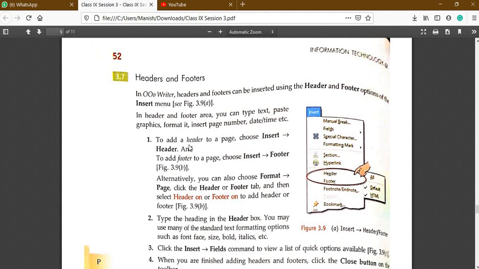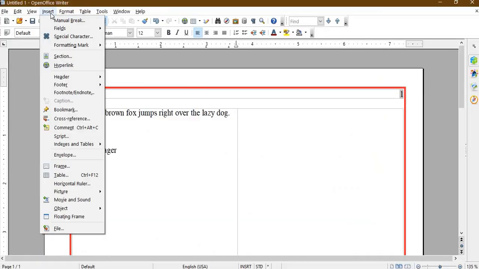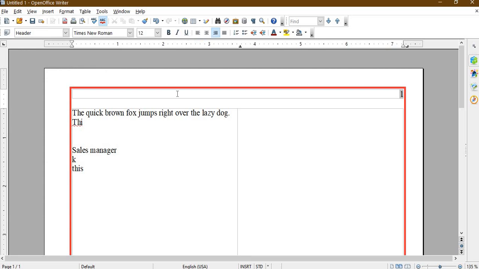So what you need to do, you have to click on insert and header. So I have already inserted header, this is default, and suppose here I am typing chapter 3, so it will automatically appear.